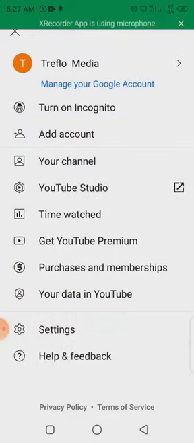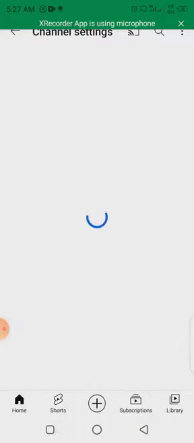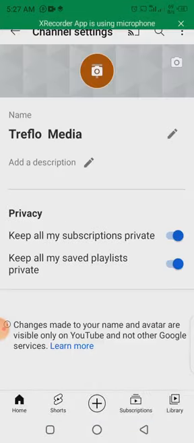Click on this icon again. Okay, let's come to click on the Treflo Media itself. Then you click on edit channel. Okay, so when you click on edit channel, here you are to